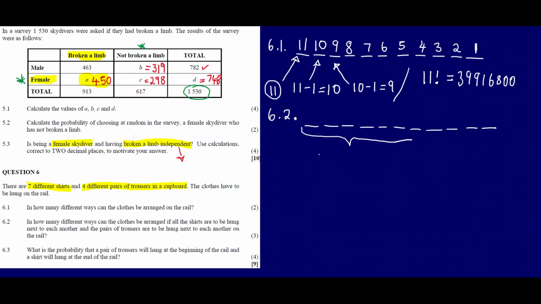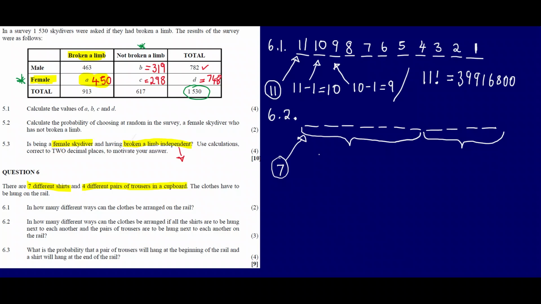So look at this, we have got 7. So 7 items must be here. We can have the shirts on the first 7 spaces, then we can have those ones on the last 4 spaces, right? Because they should be together, they should be next to each other, right? So if you take a look at the first one here, the number of items that can possibly occupy the first